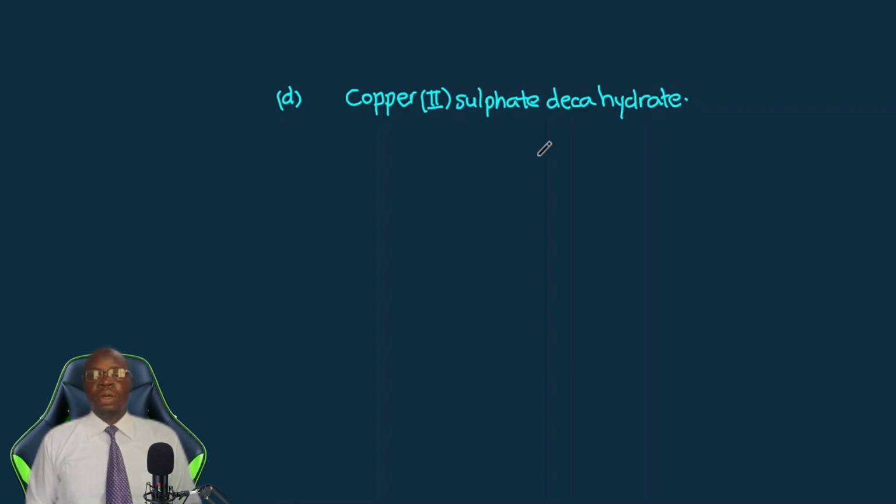So the name is long, but you can cut it into syllables. The first one here, according to chemistry, would be copper. The next one is sulfate. The next one is deca, and then hydrate. From here, you already know sulfate, and you know copper to be the element in group 2. So we can recopy it outside here. We have copper, Cu, with 2 plus, and we have sulfate here,